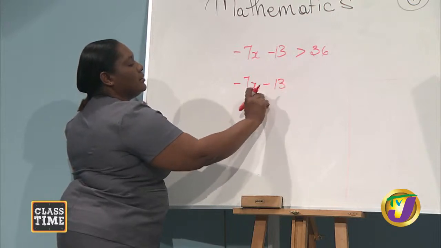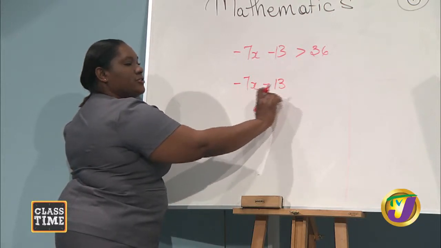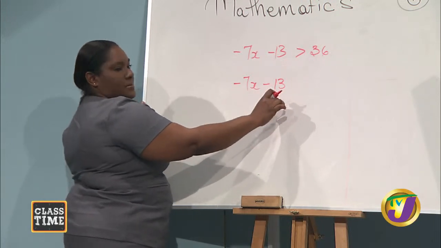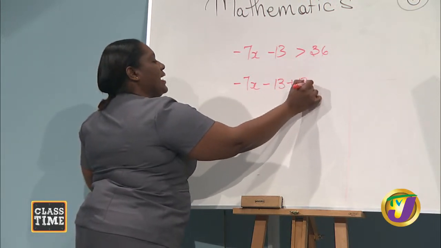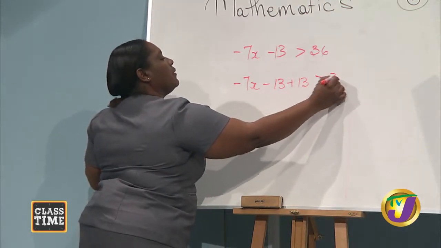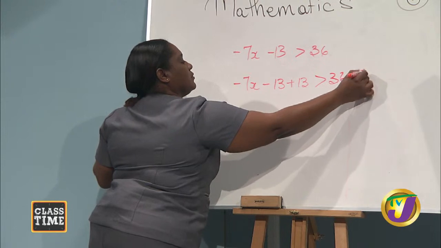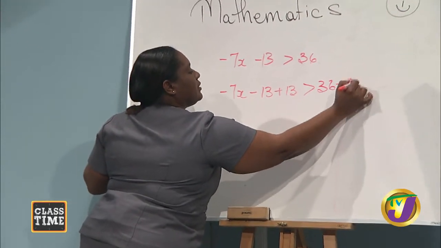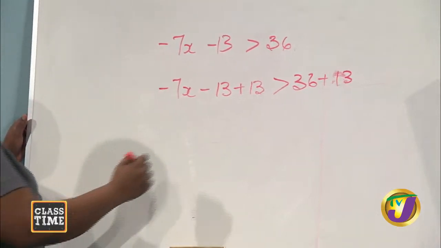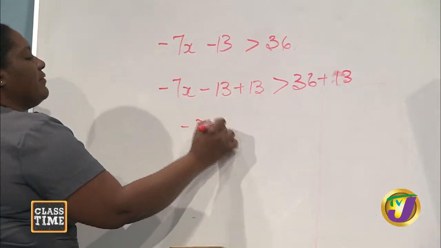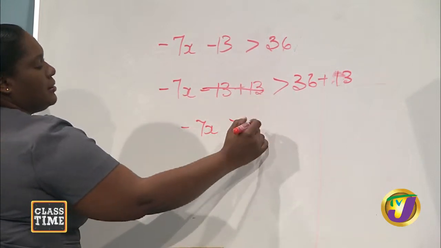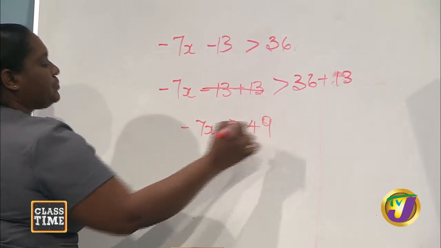So it's -7x subtracting 13, added to 13. So we need to transpose and we need to maintain this balance. So what are we going to be doing? We're going to add 13 and that is greater than 36 added to 13. Whatever we would have done on the right-hand side, we also do to the left or vice versa. So now it is -7x that's greater than